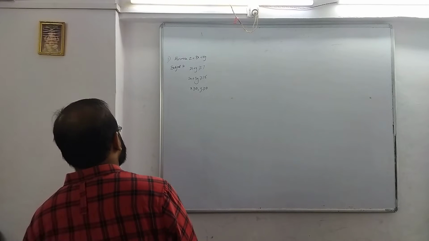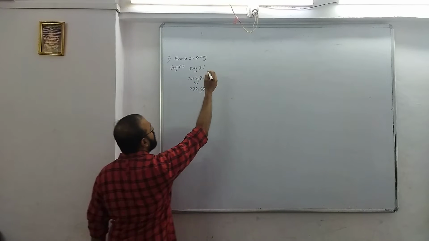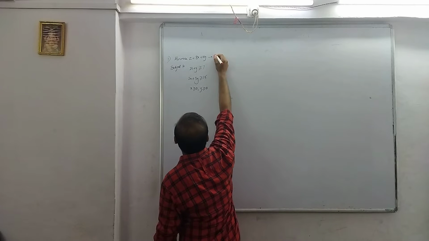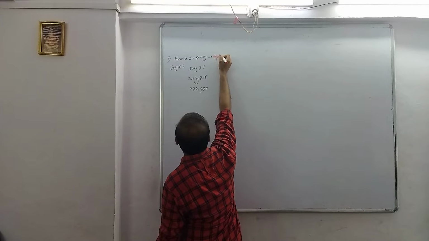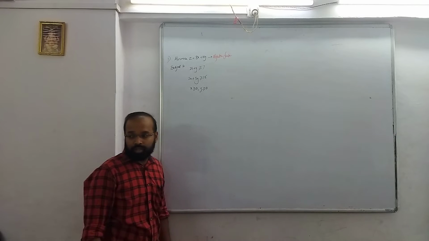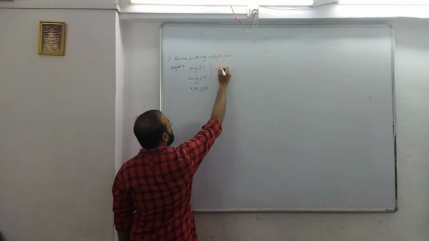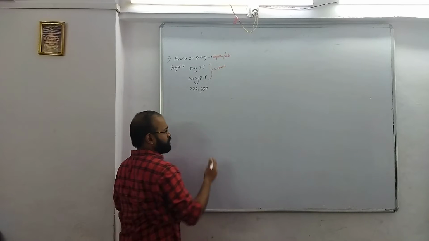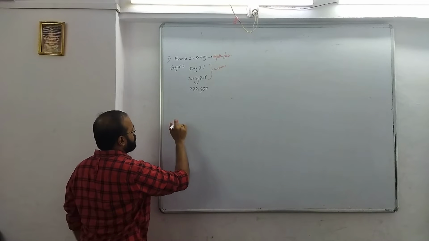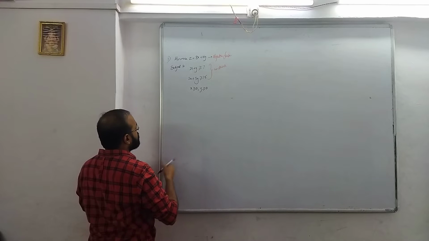So let's see this. Minimize z is equal to 8x plus 10y. This is called the objective function. And these are the constraints. Constraints means restrictions. Okay, restrictions. So let's draw this. First column will be given inequalities.